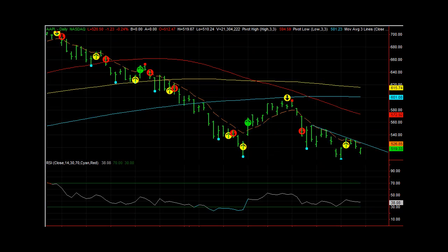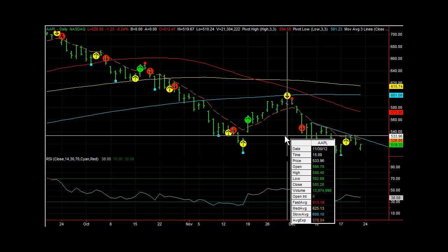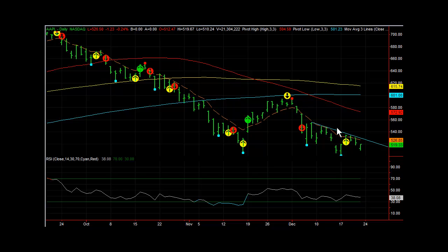Here's Apple on the medium-term time frame as measured by the daily, still holding neutral. That was on the 18th of December, it went neutral. So you can see the price action has been pretty sideways if you look at it. 1230 up to the upside, and then it's been really kind of 508. No breakout. Here's a trend line. No breakout to the bottom, no breakout to the upside, but starting to funnel in. You're going to get a pennant formation, so it's going to squeeze into either a break to the upside